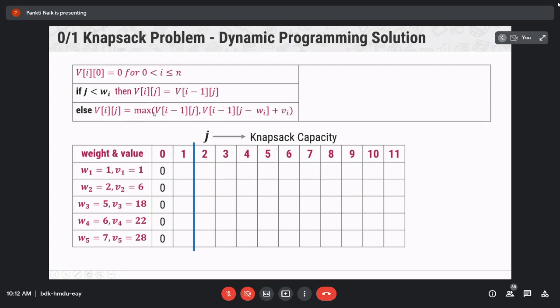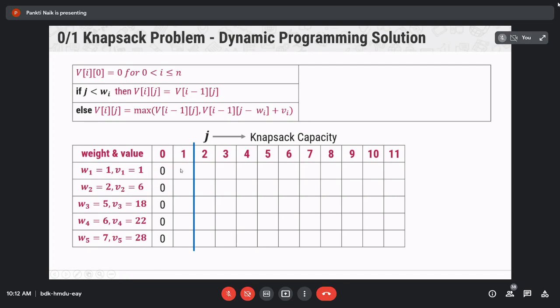All of you put the values of I, J, Wi, Vi into this equation, because the value of J is equal to Wi for this row and this column.